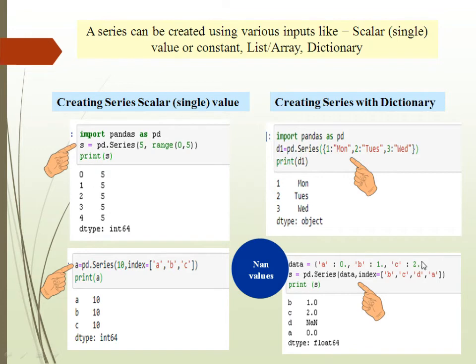Then D reflects what? D is not present in the dictionary, but Series is very smart, so it will not produce an error. It will give a NaN value, meaning null, to D. Again, A is 0, so it will give 0.0. Clear? Now see the dtype. The dtype is float64 because all values are float values, and NaN is null. Null means blank. Is it clear?